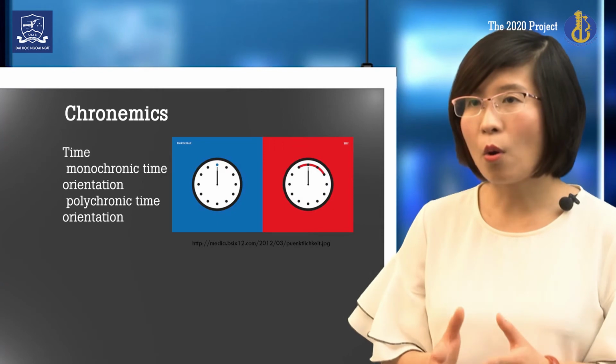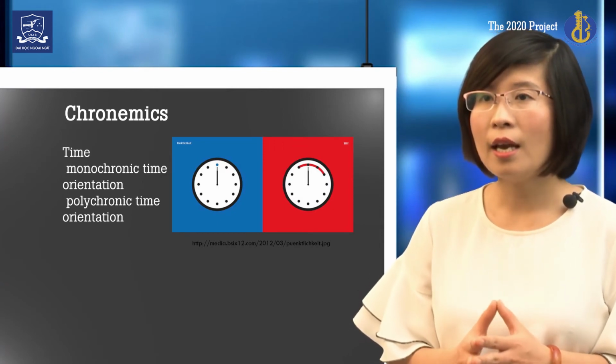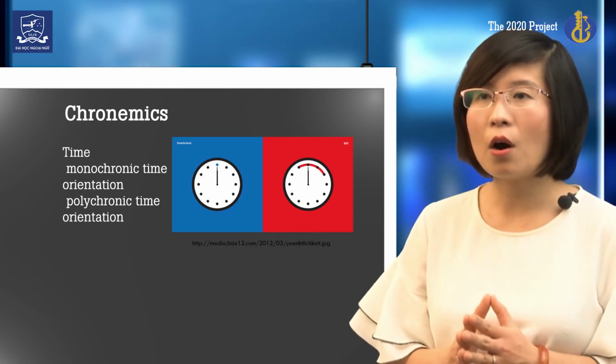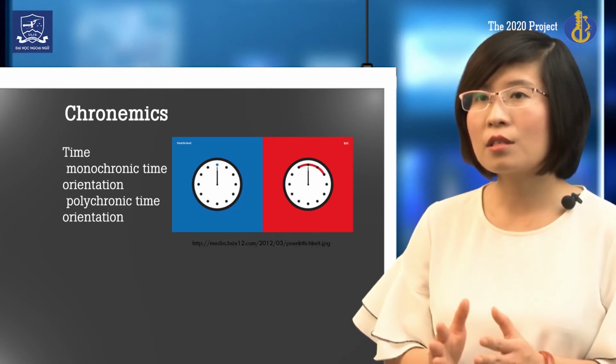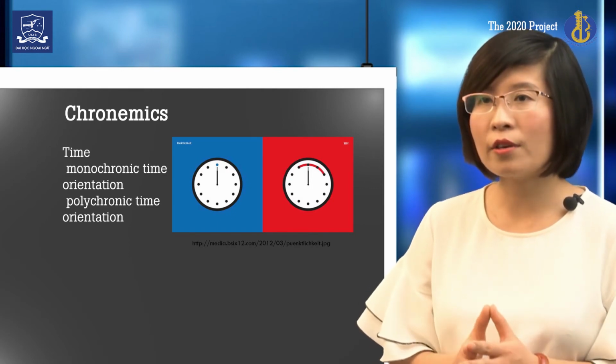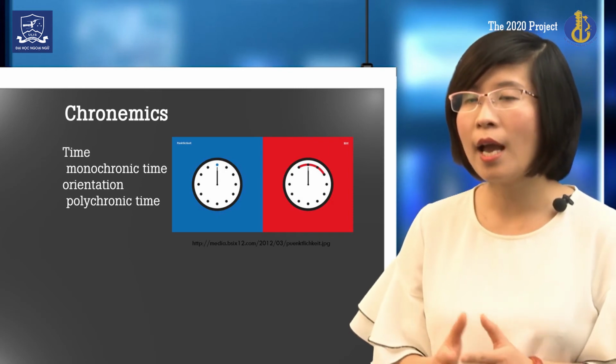Edward Hall, the author of High and Low Context Cultural Taxonomy, categorizes time orientation into monochronic orientation, which means time is viewed as highly organized, and polychronic orientation, which means time is viewed as open and